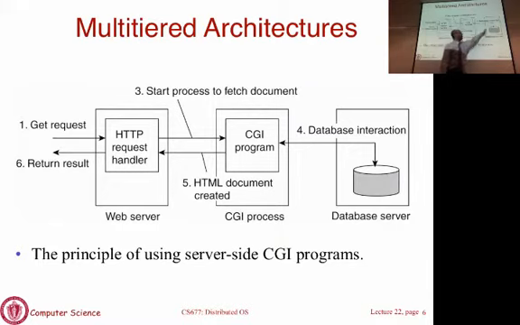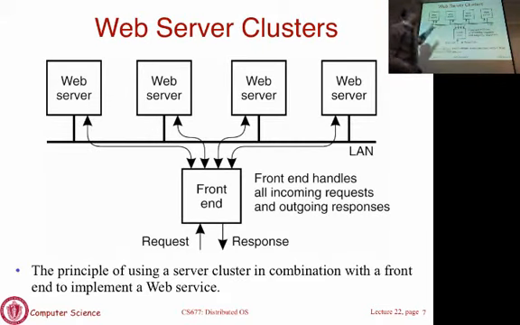Now each of these individual components can themselves be replicated. If the request volume is high, a single machine may not be able to service all the incoming requests. So you may have more than one of these app servers. You may have more than one of these database servers. Okay? So if you take this entire picture and draw a logical box saying that's your website or web server, and you cluster it, you will have something like this. Okay? Your front-end switch is where all the incoming requests come. This is simply a redirector, often called a load balancer. Your incoming requests are then mapped onto one of these replicas. Okay? Think of each of these replicas as a multi-tier entity.